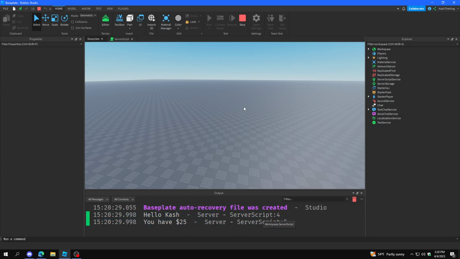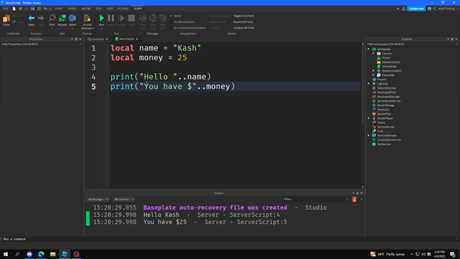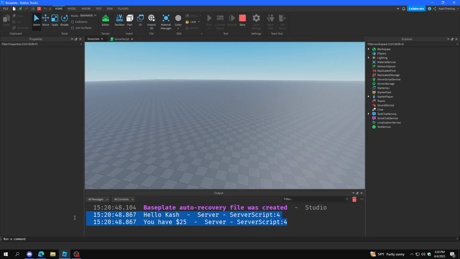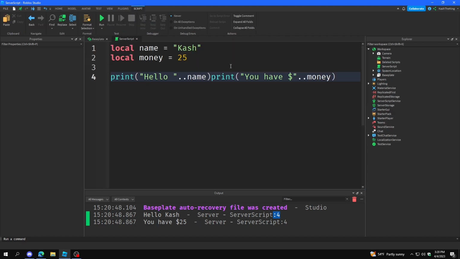Awesome. So these are two separate functions though. But what if we wanted to have these on the same exact line? Let's say we did it right here. It would still be the exact same thing right here, where they'd come at a different line, but they'd be on the exact same line of the script, just not the same line of the output. So if we want these to actually have the exact same